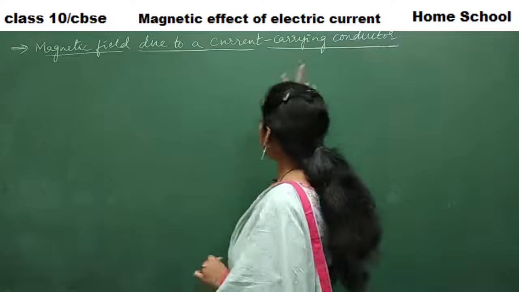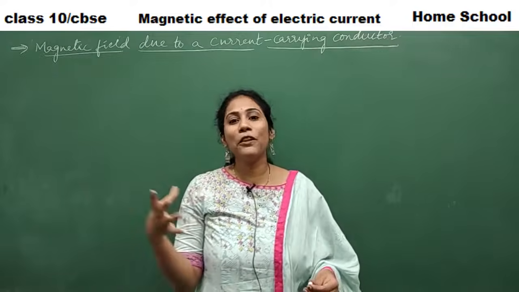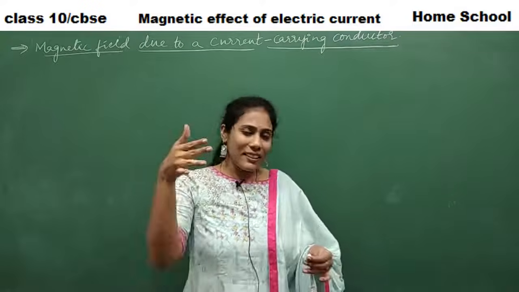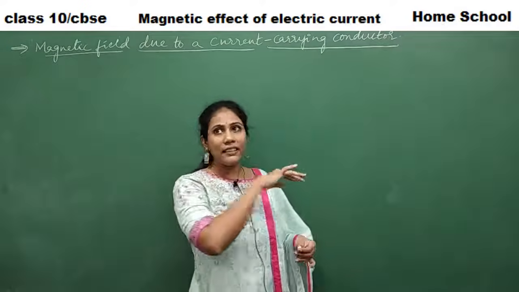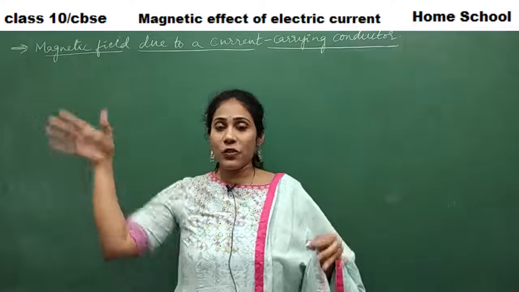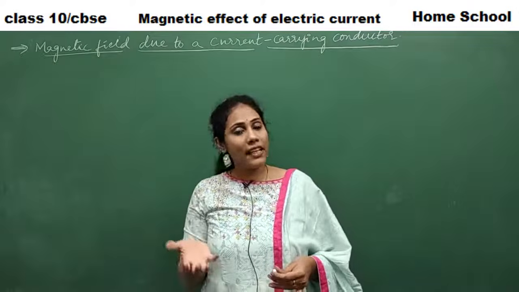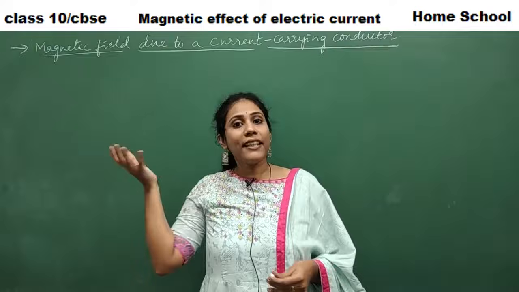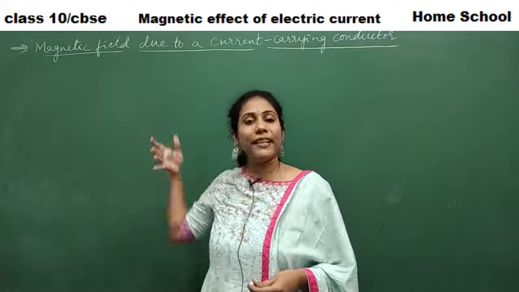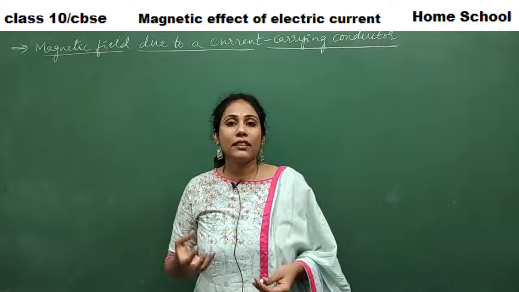But conductors can be of different shapes. Conductors can be of different types, right? A conductor can be a straight conductor, just like our wires. The electrical wires, straight wires we see outside our houses or inside our houses, are straight conductors. Current is passing straight. So that is one shape of a conductor.